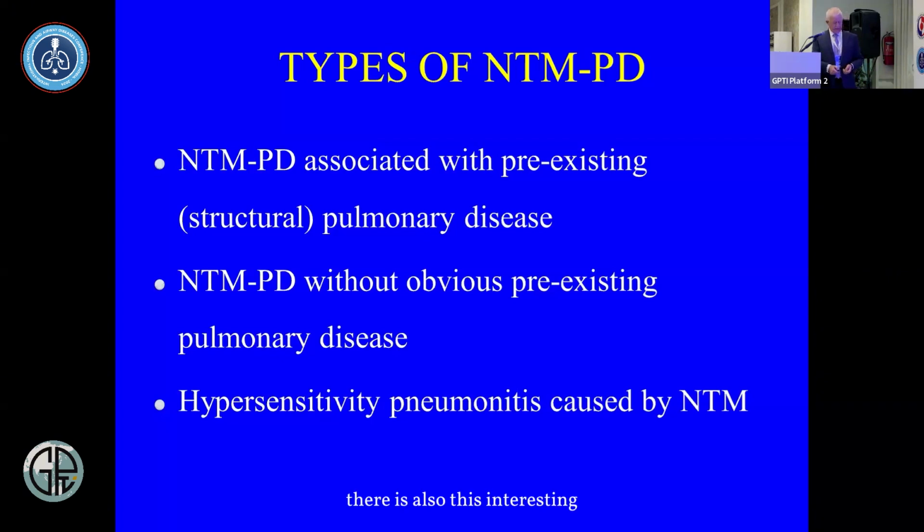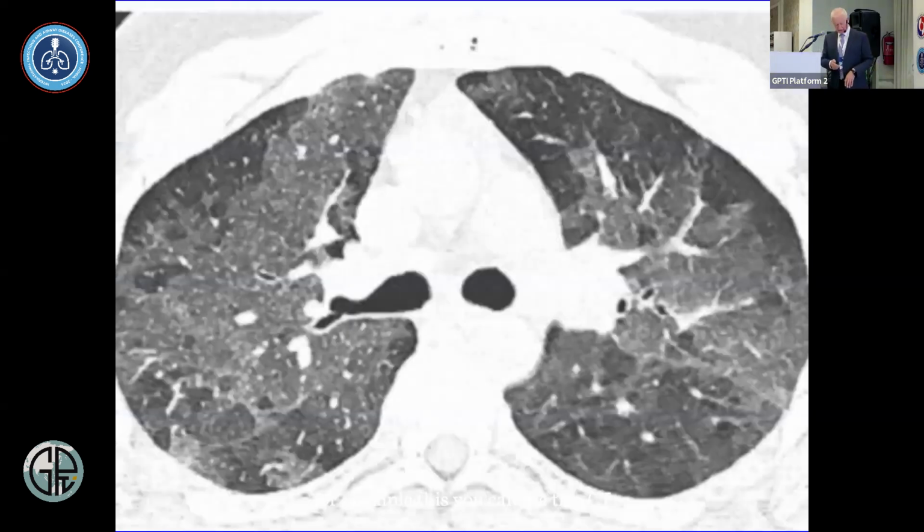And there is also this interesting hypersensitivity pneumonitis type picture related to NTM. This is thought not to be related to direct infection, but rather increased sensitivity to the NTM. For example, you can see this CT scan that showed widespread ground glass appearance of hypersensitivity pneumonitis. This is the hot tub syndrome, with MAC aerosol in the hot tub. They keep it inside the house, indoors, and it increases the exposure.